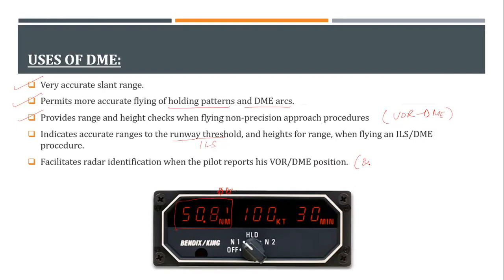Now, when we know the bearing and your distance, the ATC tower, which is seeing you on his or her screen, can easily identify you. If you're saying I am at 180, 25 nautical miles, that means that this is my VOR, you would be somewhere here, 25 nautical miles. So this is where they'll look on the screen and they will identify it's you.